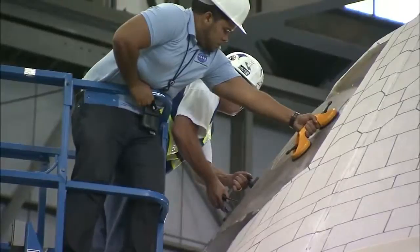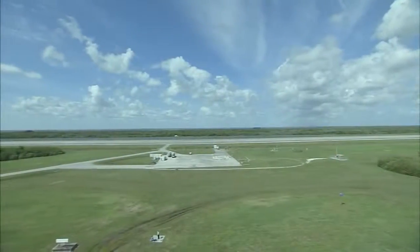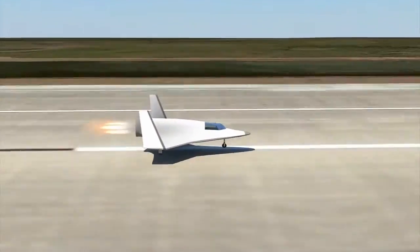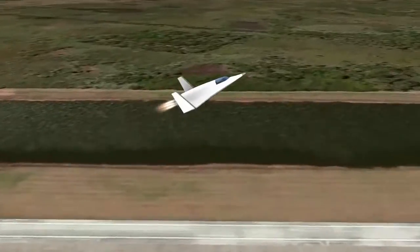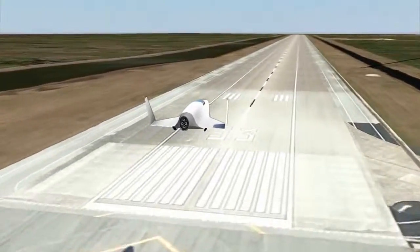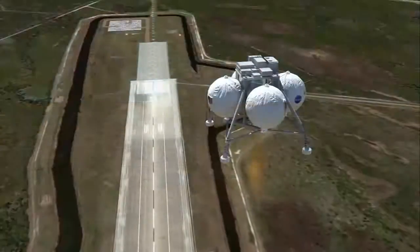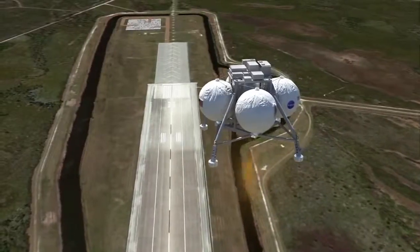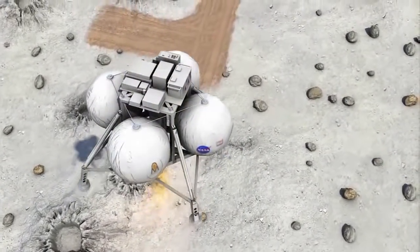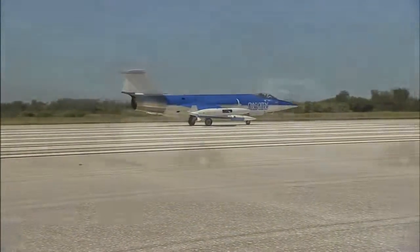Changes are taking place at Kennedy's runway too, where facilities are being established to host high-flying air and spaceships that can take off like an airplane and soar to the edge of space before returning to a safe landing. So out at the runway, what we're doing is we're changing the infrastructure there to support a whole lot more customers. Right now we have a lot of customers that are using the runway for aircraft, race cars,